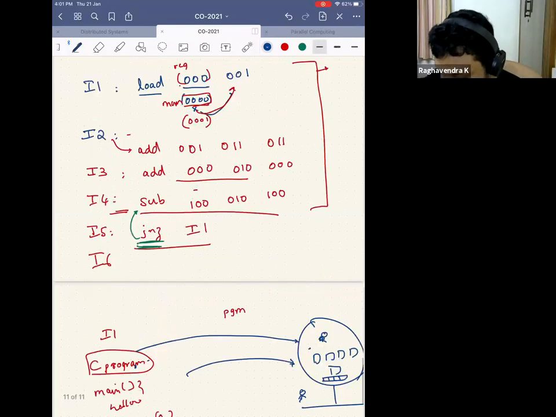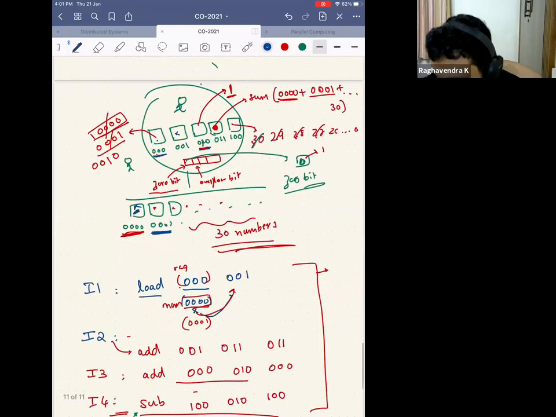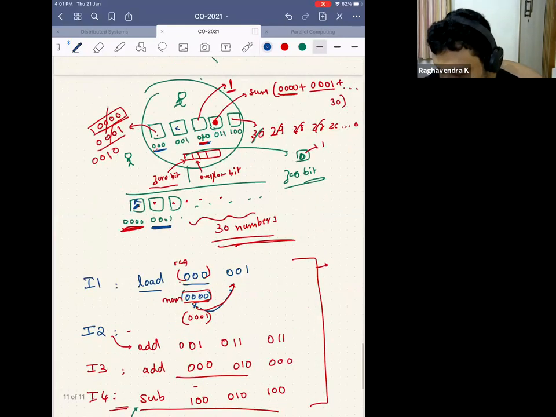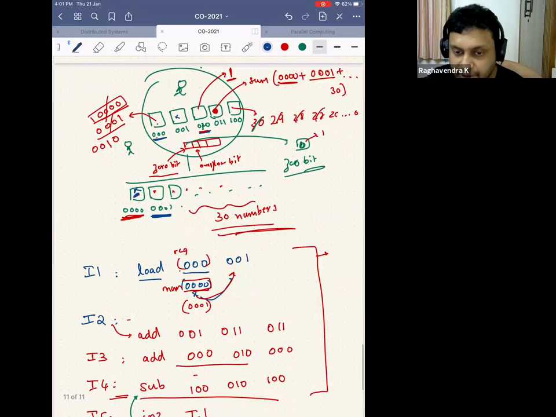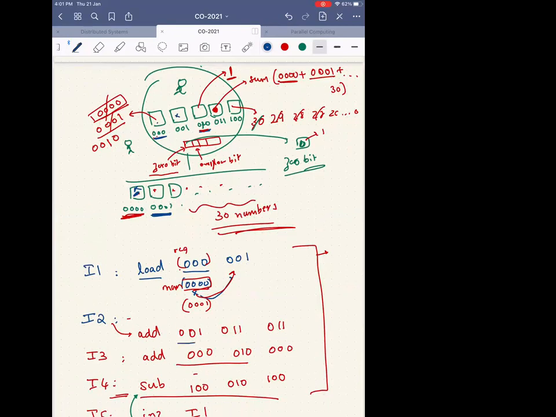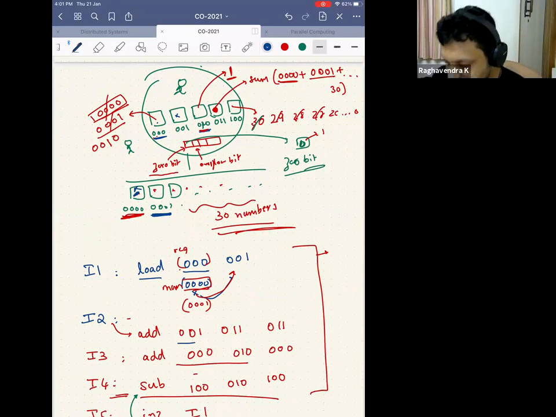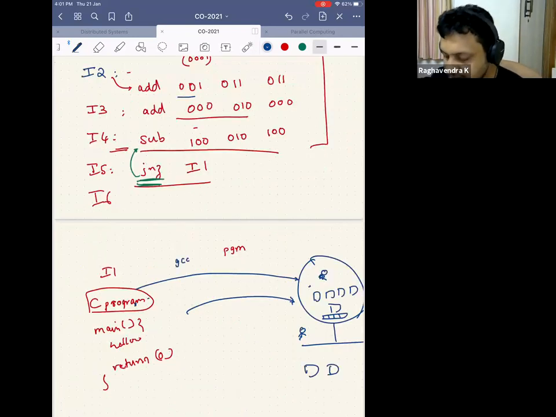To zeros and ones. Assembly. No, it need not be assembly. I just have to convert it to zeros and ones. Finally, I have to give him zeros and ones. But how do I get those zeros and ones? So I write one more program, and that is called GCC, since you know already, it's called a compiler. It will convert your C program to ones and zeros.